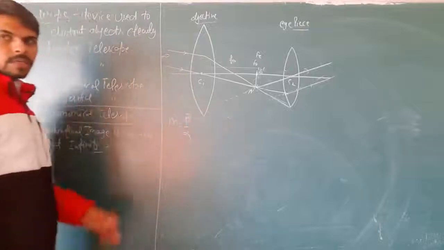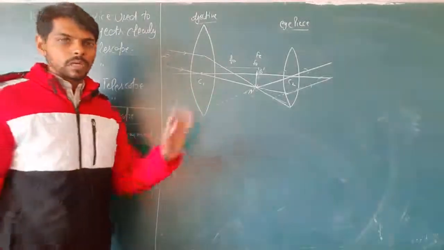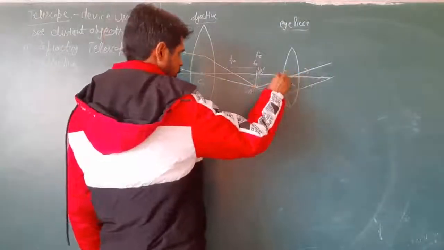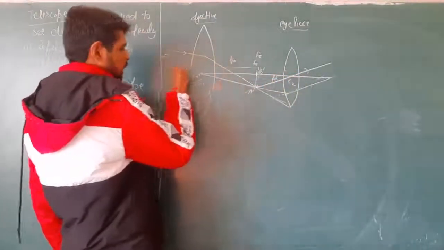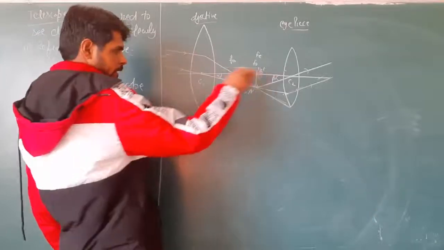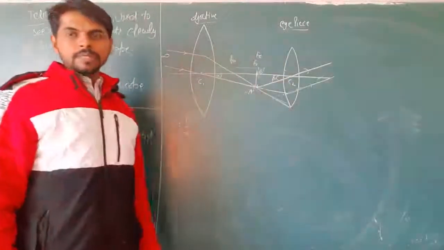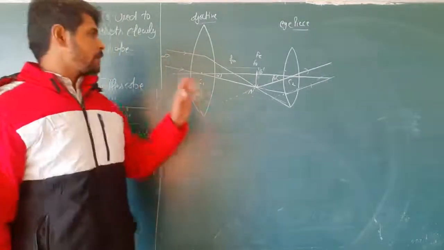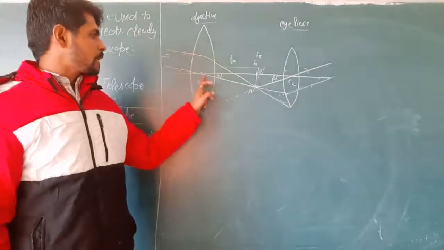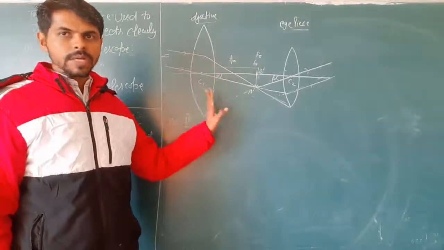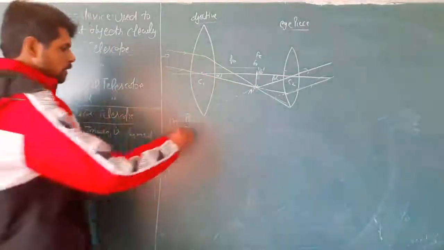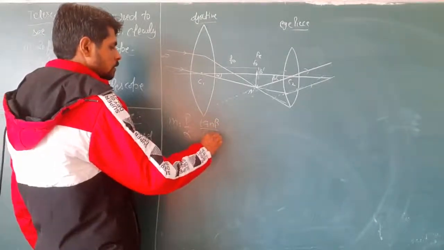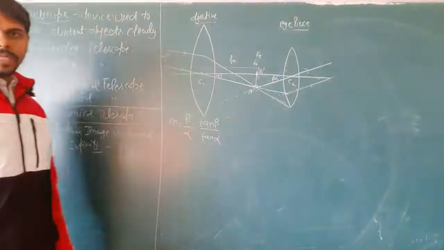What is beta? Beta is the angle made by the image at the eye lens. So this is the final image. Final image की जो ray optical center से मिलती है, this is beta. And object जो बना रहा है, object directly eye piece के साथ में, eye lens के साथ में, there is no ray meeting the optical center of eye lens from the object. So object making an angle with the objective lens, we are taking as alpha. So what we can write it as tangent beta upon tangent alpha.